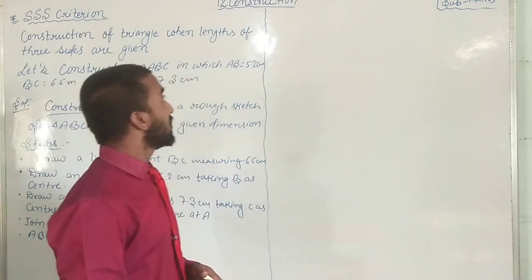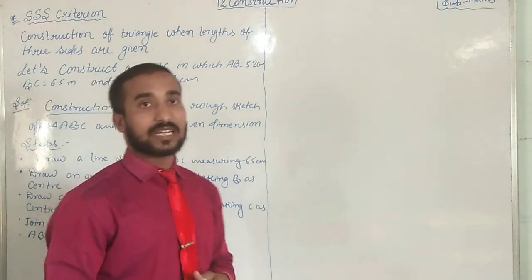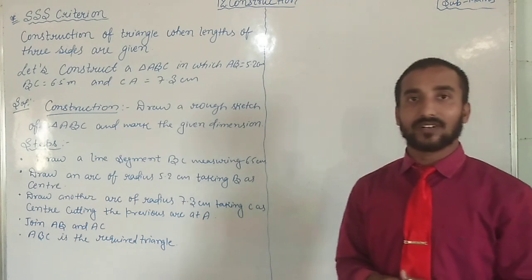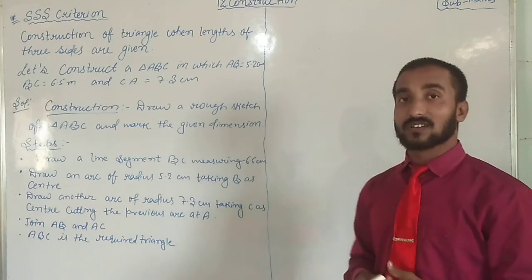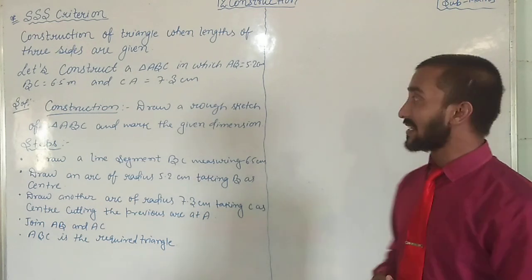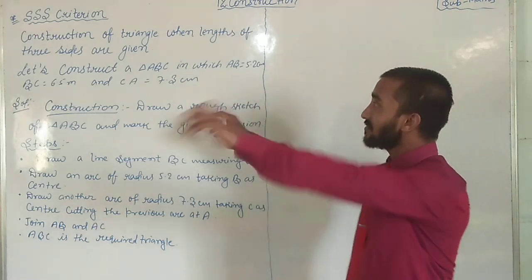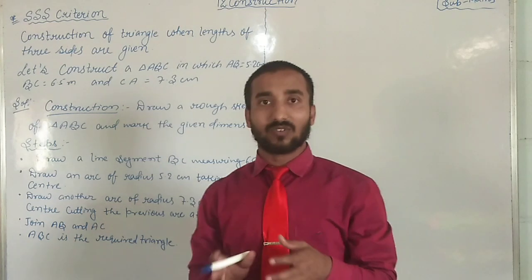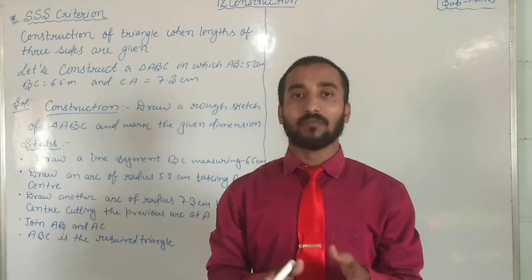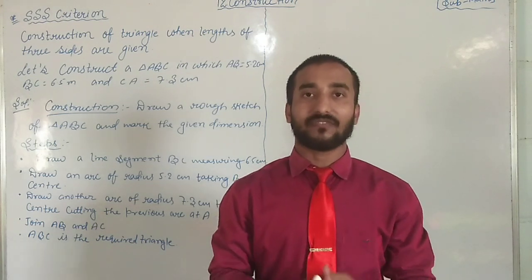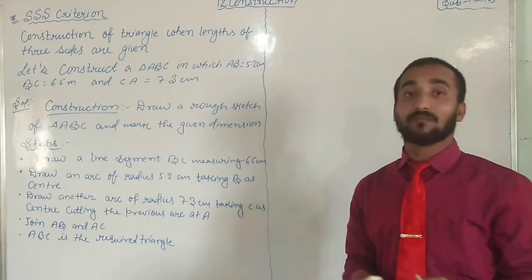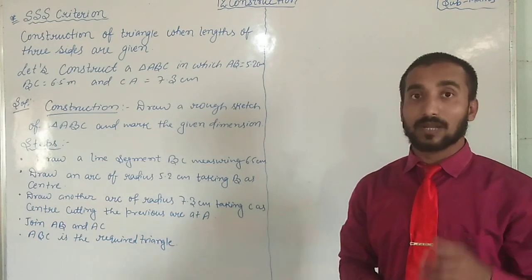So, students, today we will take one more step in the field of construction: how to construct triangles with the help of compass as well as pencil. The construction given is the SSS criterion. It means side, side, side. In this triangle you have to form all three sides with the help of a compass. Yes, students, in construction it's very important to have a compass as well as a pencil.